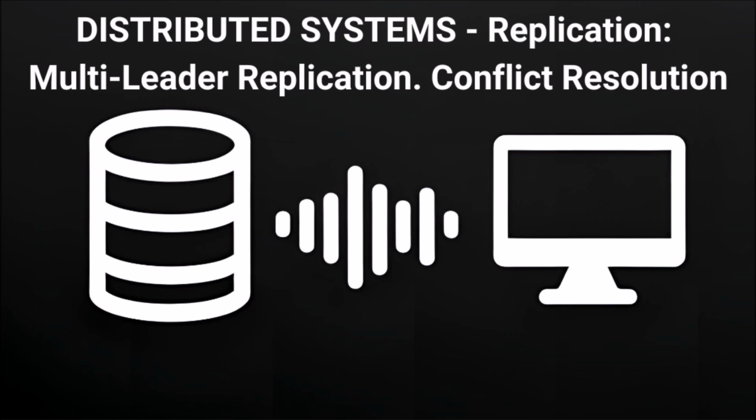Anything else? Well, there's also work on mergeable persistent data structures, kind of inspired by how Git merges code branches. They track history and try to merge changes intelligently. And then there's operational transformation, or OT. That's the magic behind things like Google Docs, where multiple people edit live. Oh, okay. OT focuses on transforming the edit operations themselves based on what others are doing, so everyone ends up seeing the same thing. Getting these ideas into general databases is still ongoing work, but they could really simplify multi-leader setups in the future. Interesting.